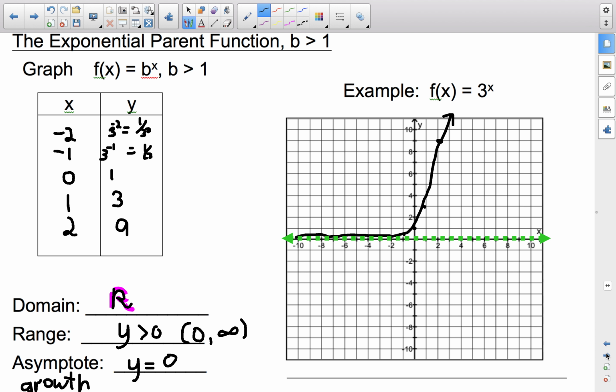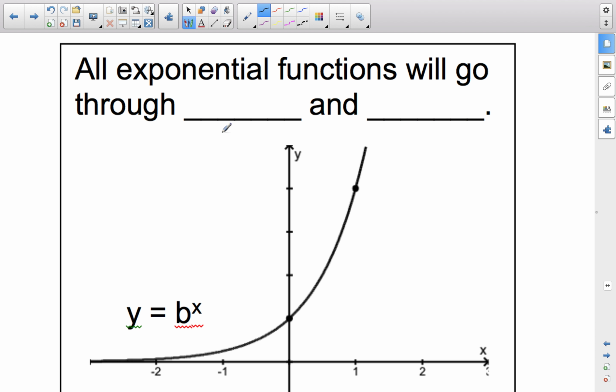All right, now the things about exponents. If I have y equals b to the x, whatever the base is, remember this is your base and this is your variable, it'll always go through the point x is 0, y is 1. Sorry, it's 0, 1. Because anything to the 0th power is 1. And if x is 1,